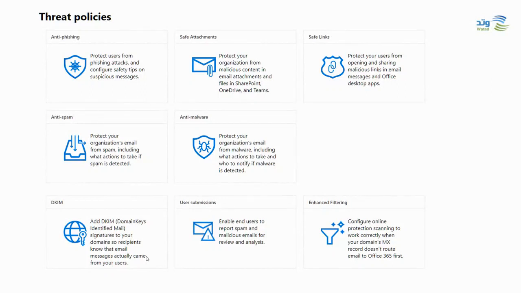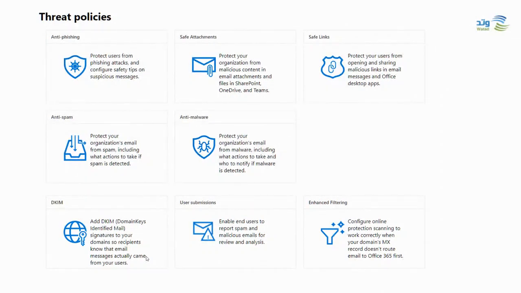So what Defender will do is check emails that users receive to see if potentially it's a phishing attack. Phishing is usually related to spoofing, where someone is using your email address to send emails, even though that is not a legitimate source. So Office 365 can help you protect against your users being spoofed. And also